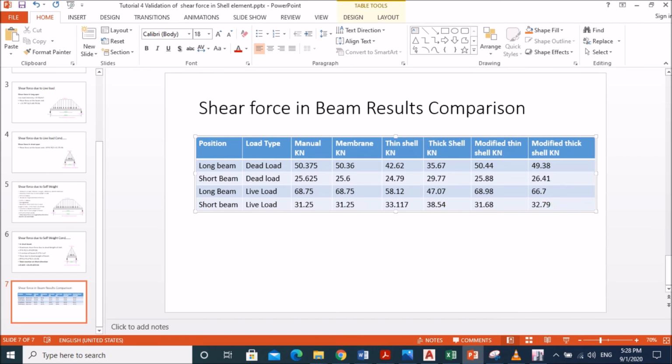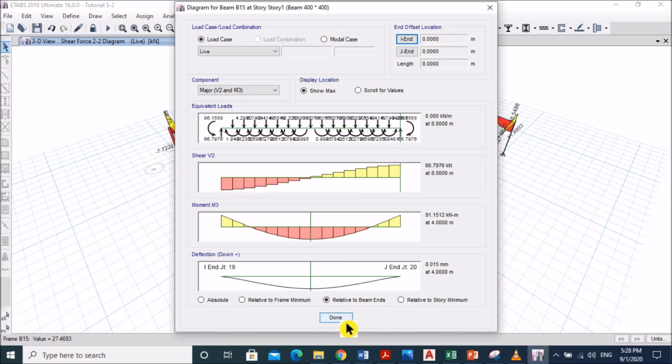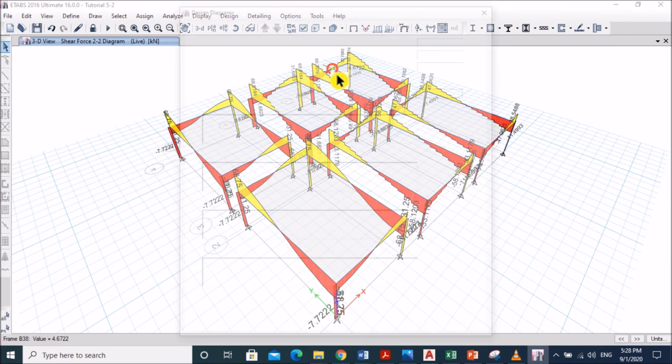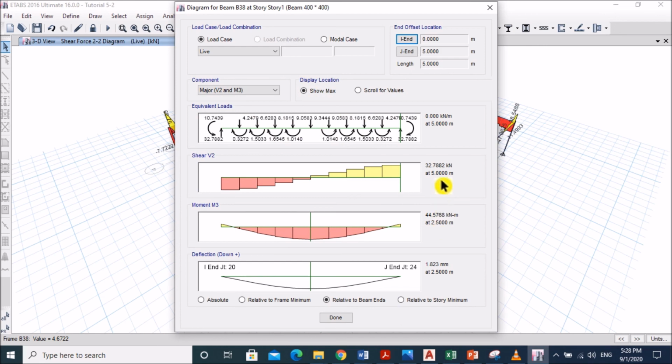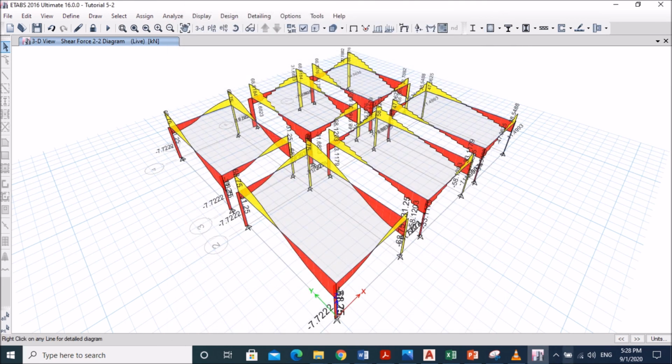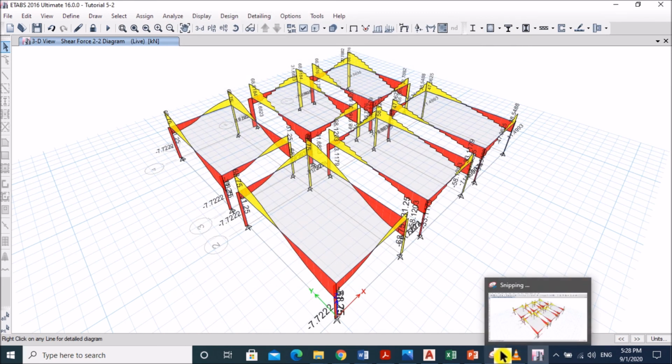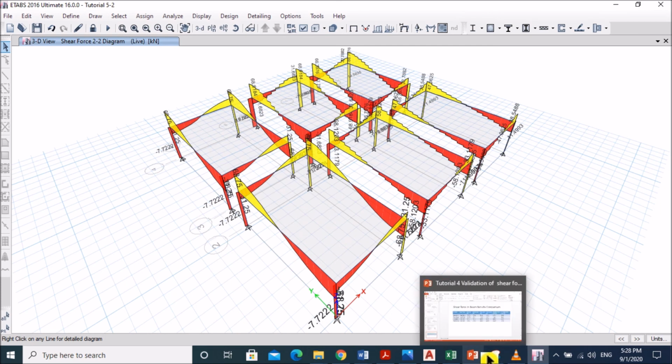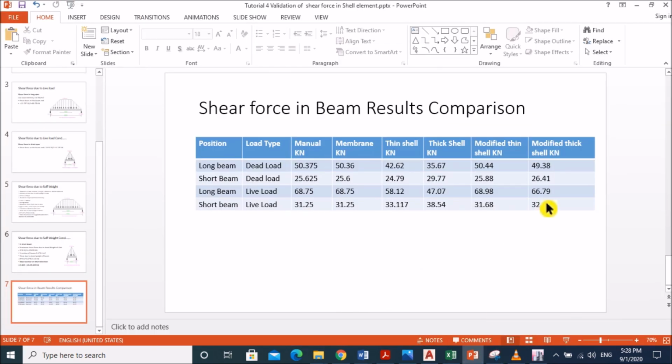Again go to for short direction, 32.78. Okay. Now this modified value is comparable with manual calculation.